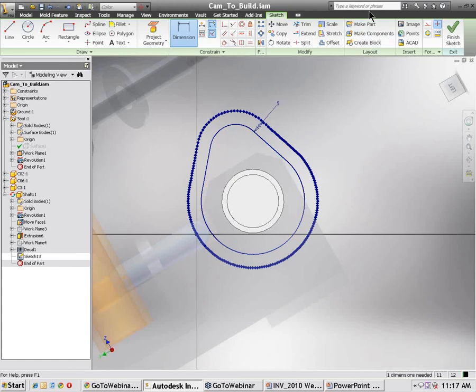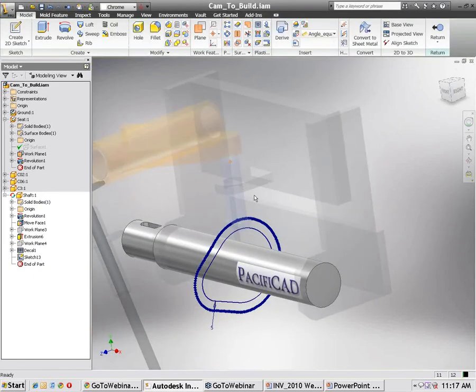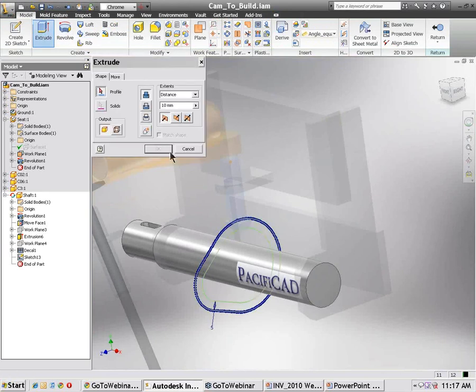Now with that, I can go ahead and finish my sketch. And from there, I can go ahead and extrude this out. And notice here a couple different options here. I could just simply do what's considered a join this to this part, or I could create a new solid body, basically a new part. So if this were going to be inserted on a keyway or a spline on the shaft, I could create this part as needed to create that condition. Right now I'm just going to leave it as join, and the profile I want